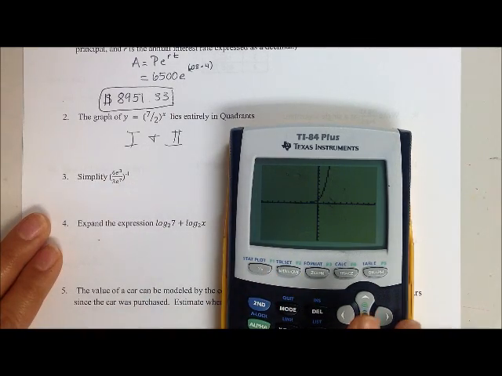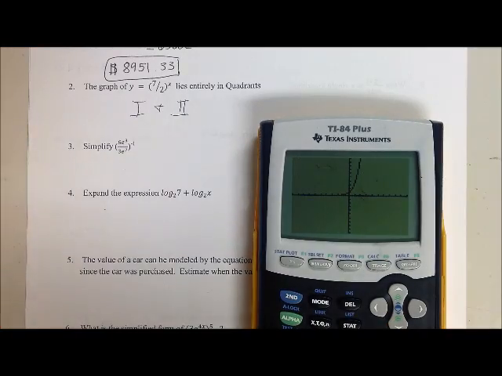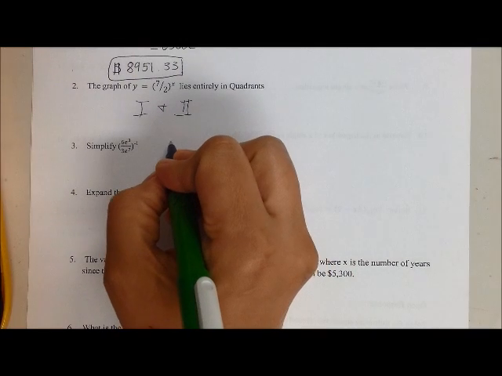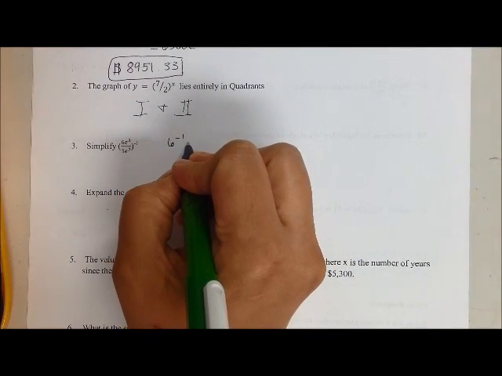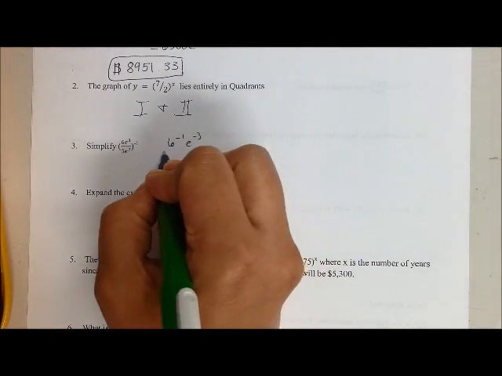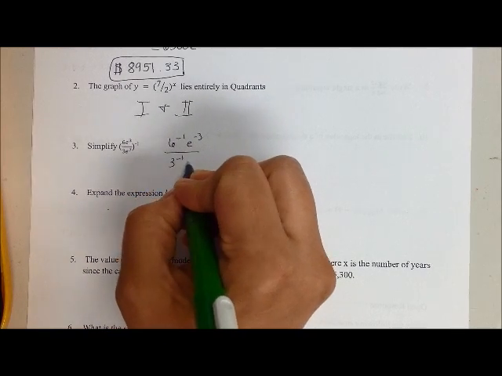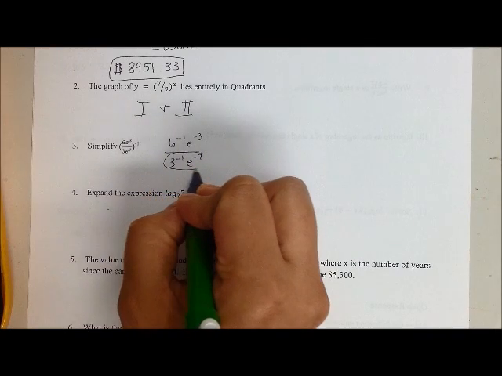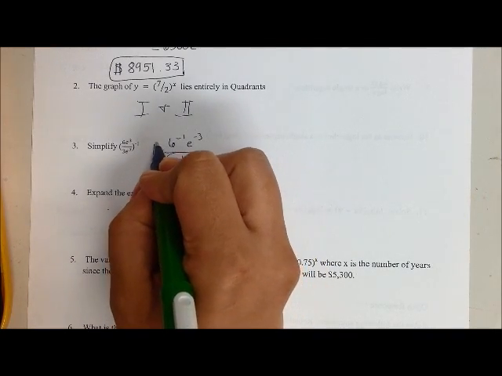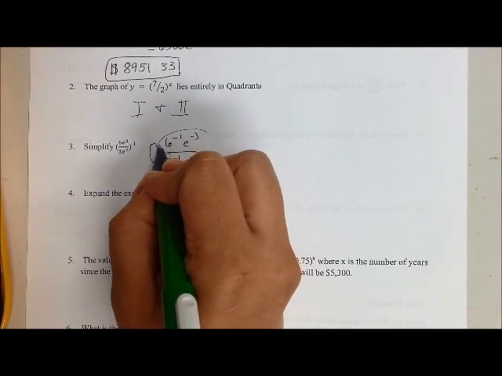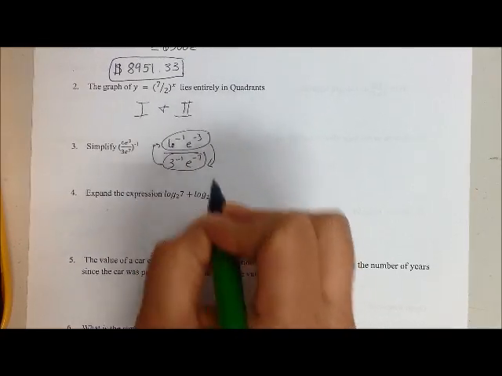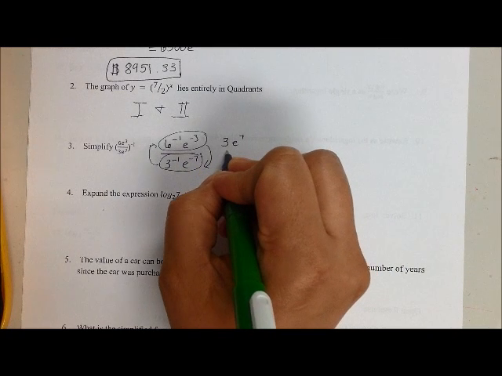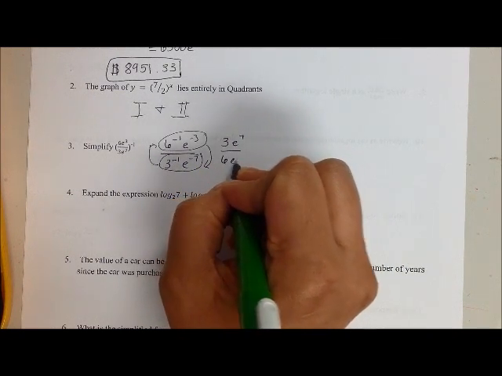Now, for the next problem, that -1, because it's an outside exponent, needs to distribute to everything. So we're going to have 6 to the -1, e to the -3, 3 to the -1, e to the -7. Because we cannot have negative exponents here, they move to the top. Because I cannot have negative exponents on top, they would move to the bottom. So this here would become 3e to the 7 over 6e to the